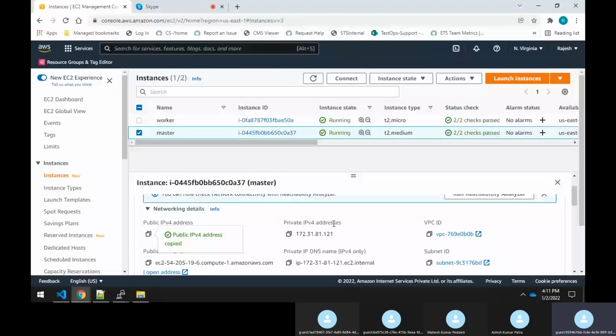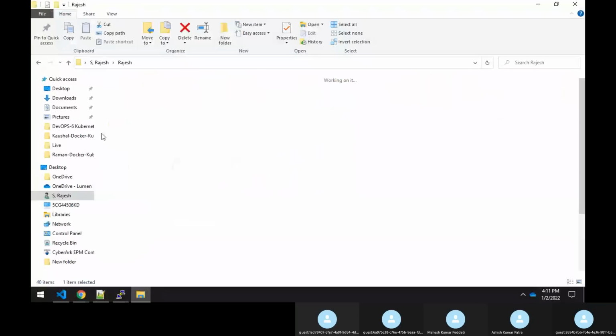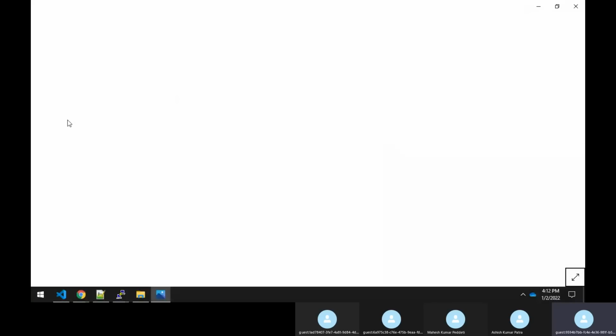Now you know very well that in the last session we saw the replication controller. If you see the diagram here, we discussed this yesterday.